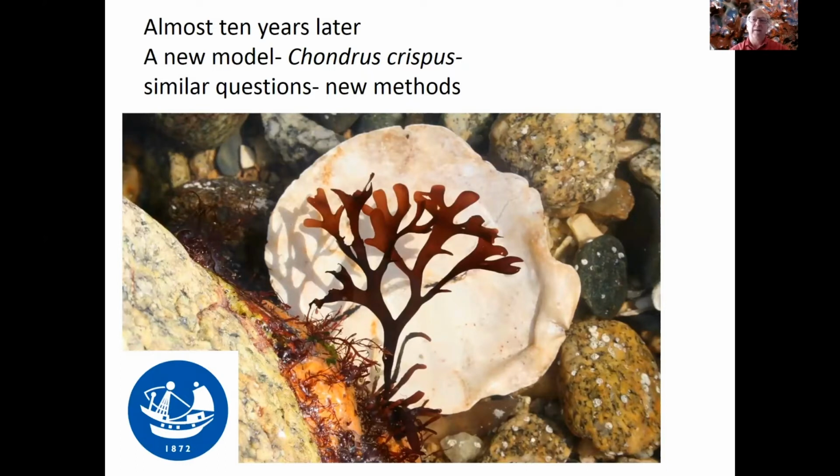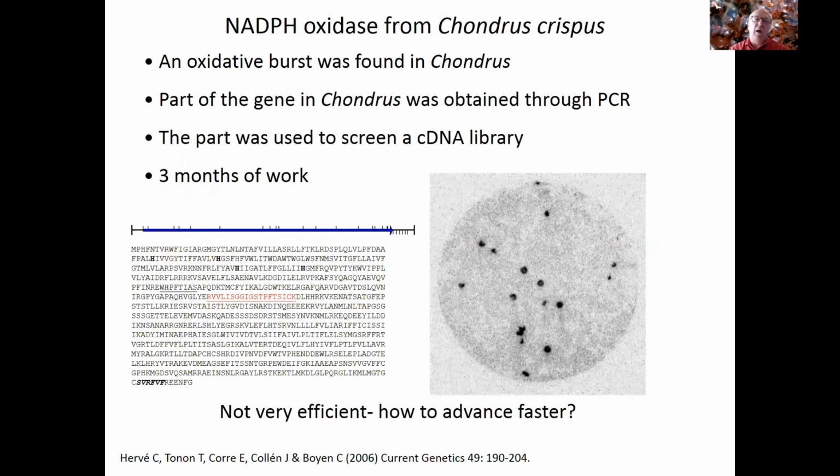After a period not working so much with algae using carrageenan in their cell walls, almost 10 years later, I started working with a new model, Chondrus crispus, with somewhat similar questions about stress, but trying to use more modern methods, looking more at the molecular biology of the species. One of the first things I did when I arrived in Roscoff was to look at the NADPH oxidase in Chondrus crispus. In Chondrus crispus, you can have an oxidative burst in the interaction between